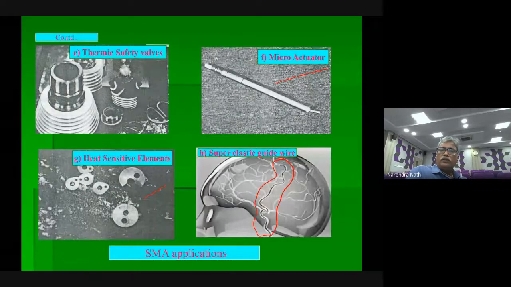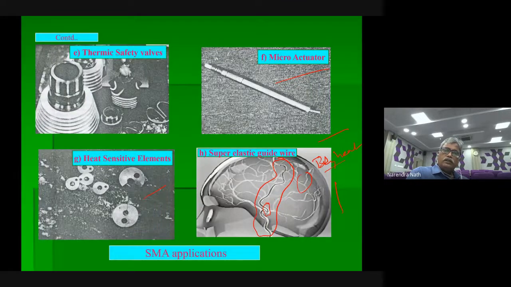And just to think of the straight wire, this is actually the two-way shape memory effect. They trained this wire in such a way that all the time it is going to become straight. So the tip, whenever it bends and goes, how is it going to become straight again? Because it senses the body heat. So whatever the heat is here in your brain, based on that, transformation is taking place. Suppose this bend, it is not going to become that shape all the time. It is all the time going to become straight, and in that way it is pushing.